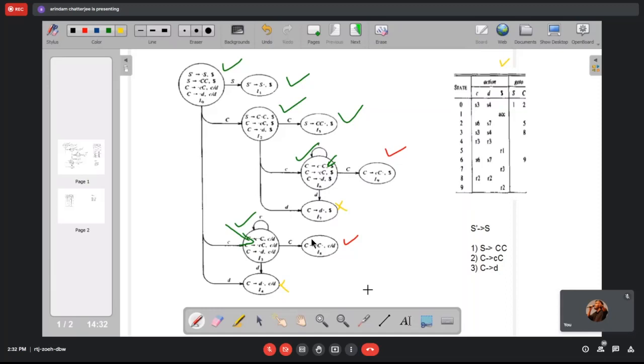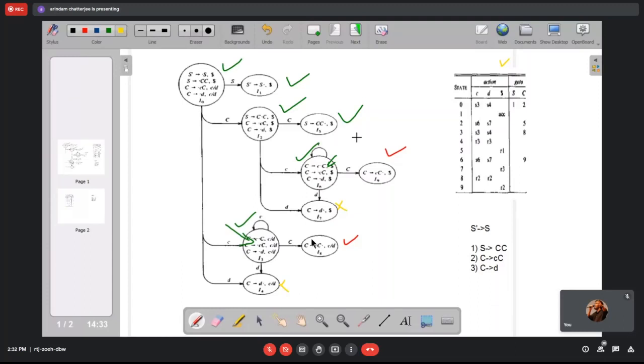Now, what about the reduction rules? Here there is a little difference. In the SLR1 parsing table, whenever we had a dot at the end of a particular item, that means we have seen the whole right hand side of a particular rule, and we applied the reduction using that rule number.